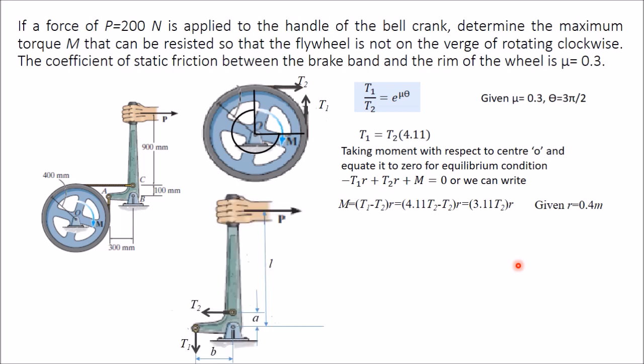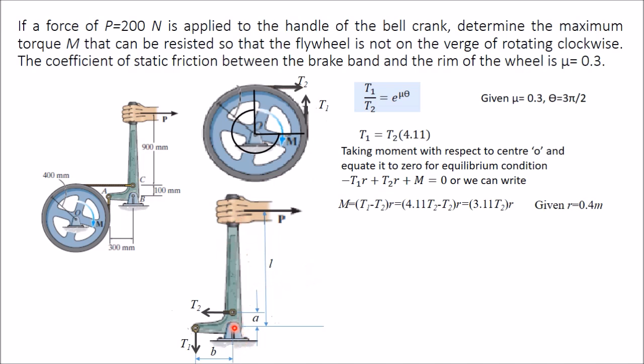Now draw the free body diagram of the lever. This is the free body diagram of the lever. Now you have to take the same tensions. Here you have taken T2, so in just the opposite direction you have to take tension T2 here. Similarly, you have taken T1 in the upward direction, so you should take T1 here in the downward direction, just opposite to the direction you took in the first free body diagram.